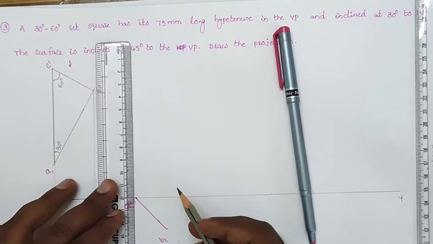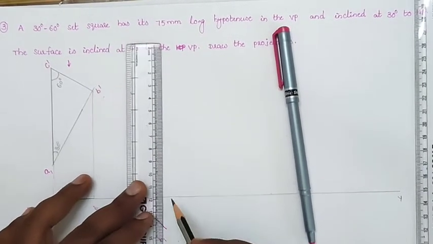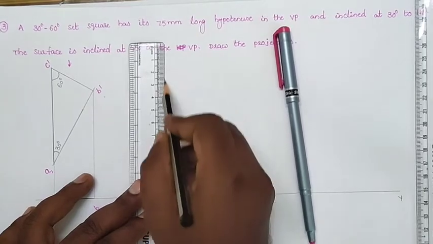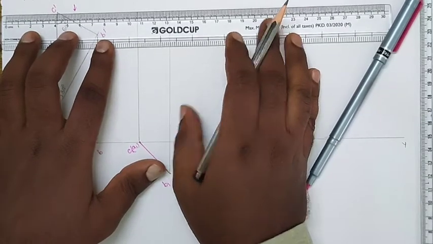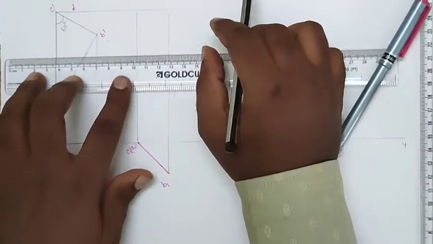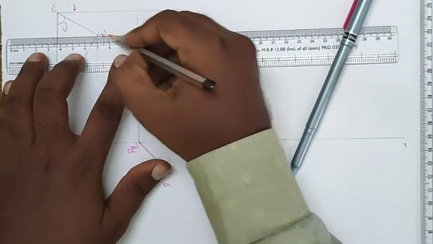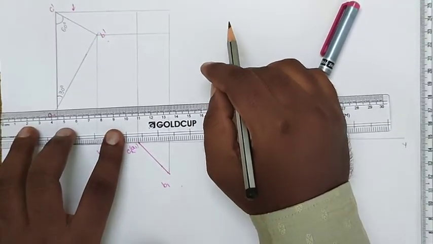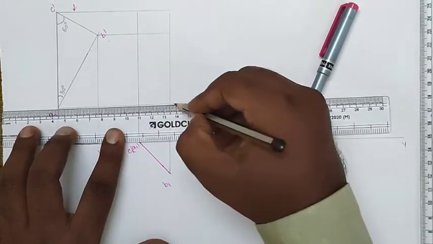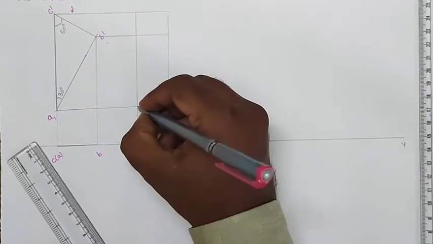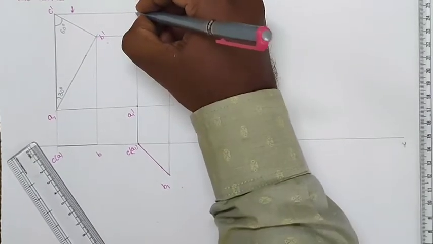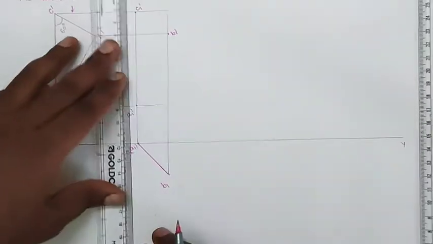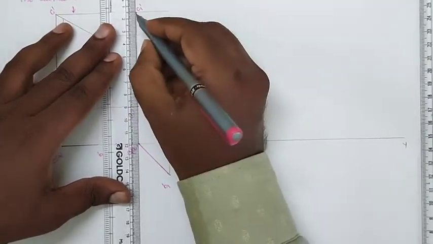Next, from the points on the second top view, we will draw the vertical projection lines. And similarly, from the first front view, draw the horizontal projection lines. Here this point is A1 dash, this is point B1 dash, and this is point C1 dash. So joining all the points, we will obtain our second front view of our diagram.